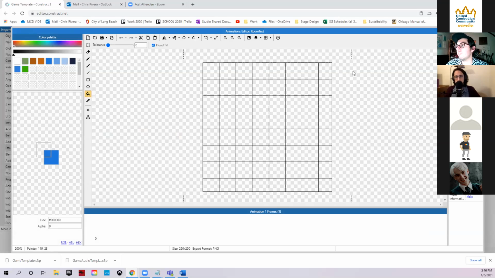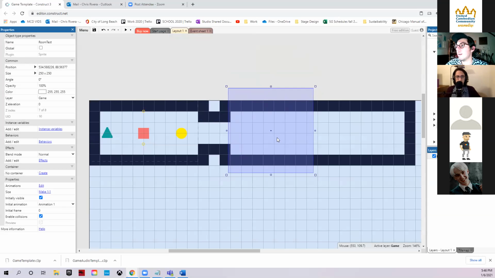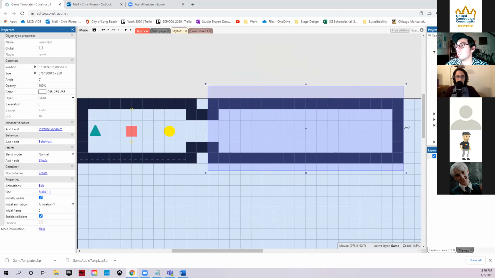You could give it a color if you want, but I'm just gonna leave it blank. And I'm gonna put it covering this whole area. You could theoretically have it as a wall, but I think it's better just to have it covering your whole space. It doesn't have to be perfect either. It could just be overlapping.